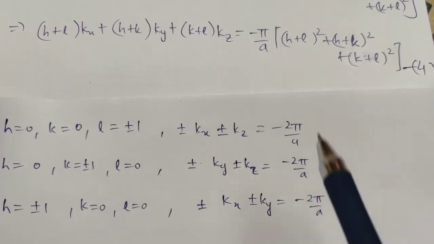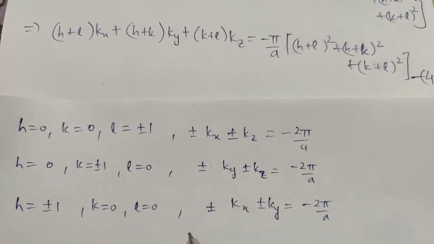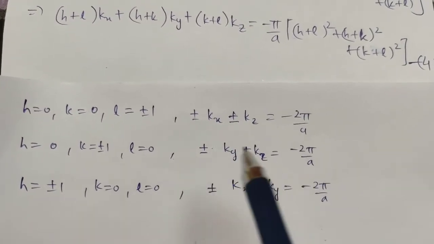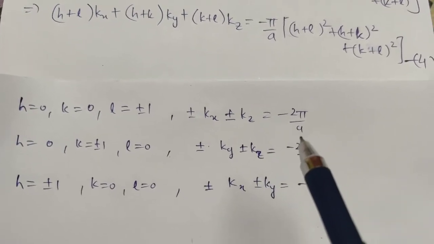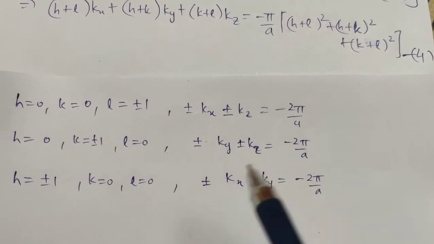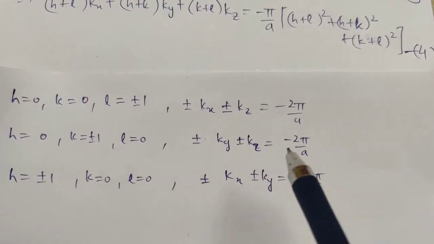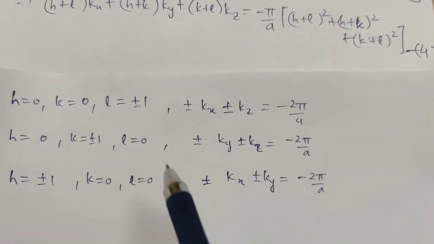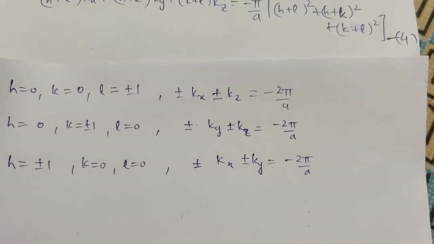So these equations represent the 12 sets of planes, and the region enclosed by these 12 sets of planes is your first Brillouin zone. Thus, by incorporating different values into different equations, we will form a Brillouin zone, and this first Brillouin zone is a regular rhombic dodecahedron. The first Brillouin zone will be of the shape of a rhombic dodecahedron. Dodeca means 12. Since these are 12 planes, this will be a rhombic dodecahedron.